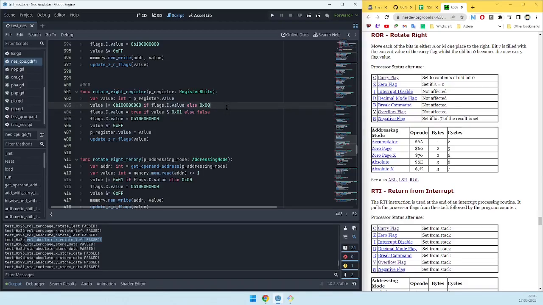And now we have swapped the value of the carry flag, and we can now choose to do the shifting of the value. So we can say value equals value shifted to the right by 1 bit. We are getting rid of the less significant bit, but we have already moved it to the carry flag in here,